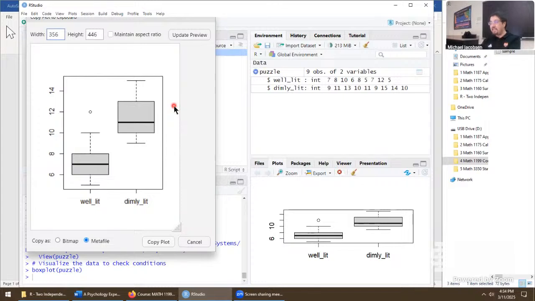And it's kind of an interesting scale, right? These are box plots, so we have something to say about them. We have the well-lit column and the dimly lit column. These are the 2 treatments in the psychology experiment. We have a scale running this way, but you should specify the description for every scale. Anyone happen to know what the context is for these numbers here? What does 6 through 14 have to say about anything in this problem?